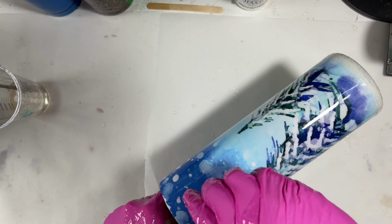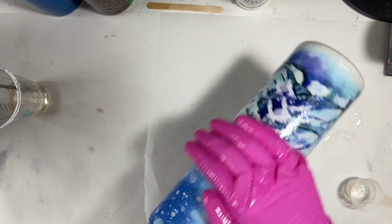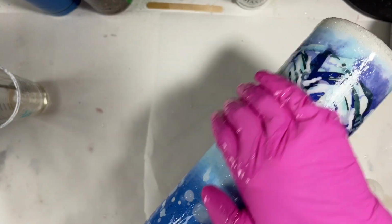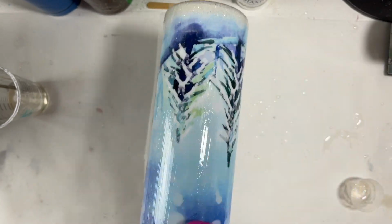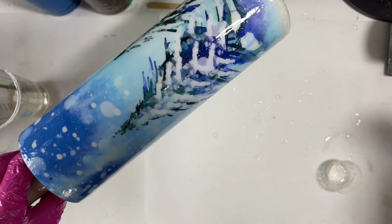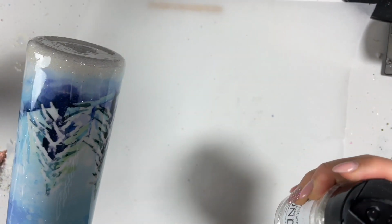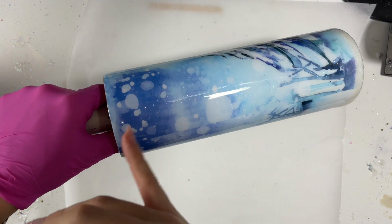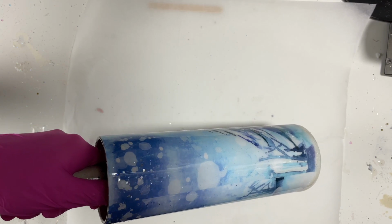I'm going to let this dry about an hour or 2 hours, and then I'm going to add a coat of epoxy. This coat of epoxy is very, very thin. I only added maybe like 5 to 10 milliliters, and I added just a little sprinkle of Bright from Peachy Olive Glitters into the epoxy. This is really just serving as almost an epoxy method glitter application, not so much a real full coat of epoxy. I let that spin about 10 minutes, and then I went in with Diamond from PDB,